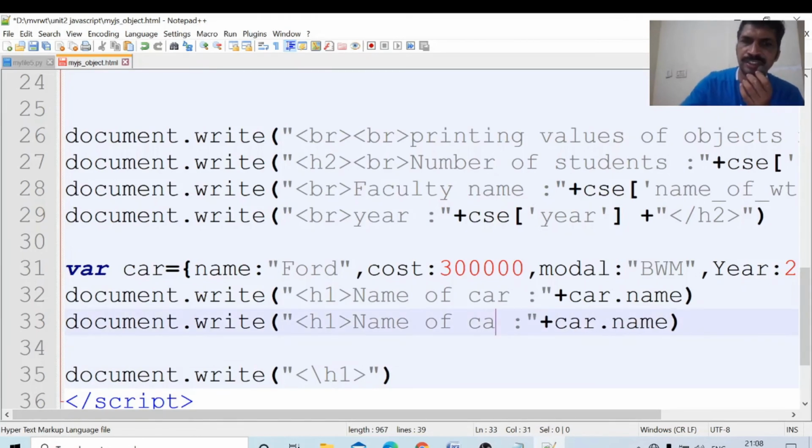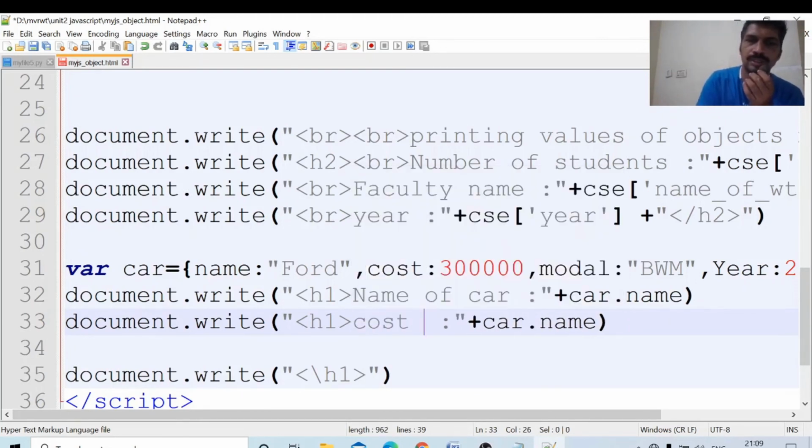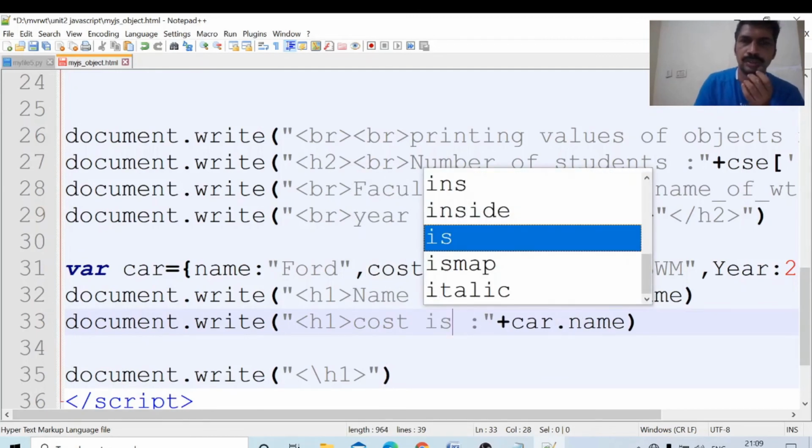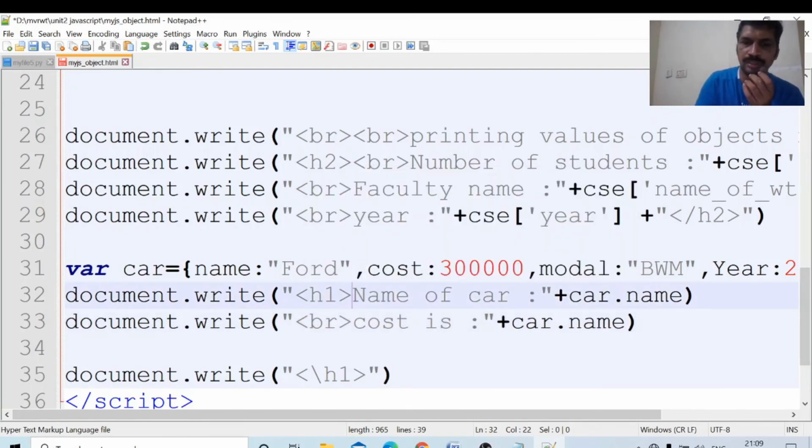Okay. Next we will print the other values. It is possible to print other values also. Name of the car, I will print the model. You yourself try printing the year and cost, or just I will print the cost.